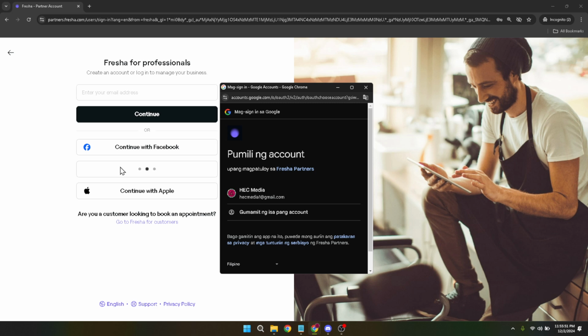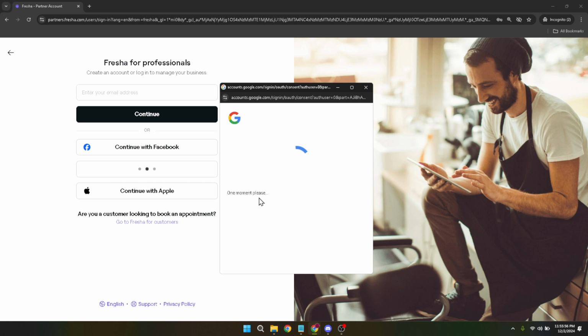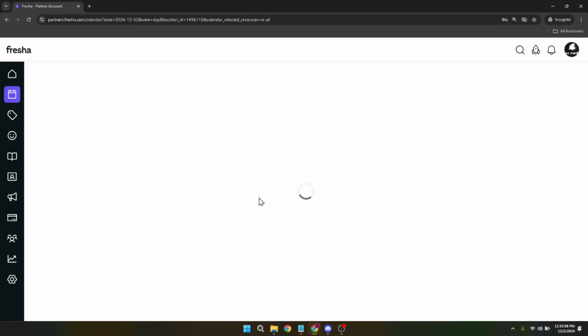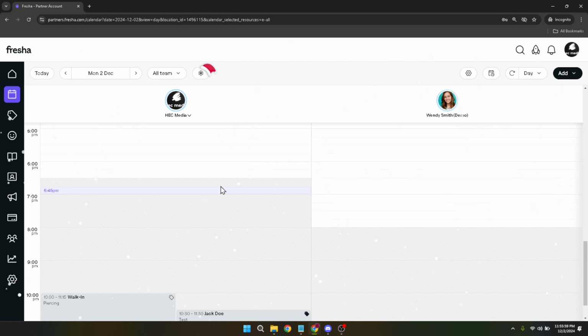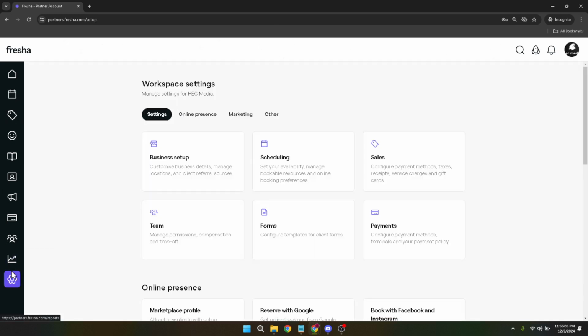Now, from the list of Google accounts presented, choose the one associated with your Fresha business account. It's crucial to select the correct account to avoid any confusion or missteps in the process. Upon successfully logging in, your next destination is the settings section of your business profile. You can navigate there by following the provided link or simply looking for the settings option within the Fresha interface. This part of the site is where you can adjust various aspects of your business profile, including, of course, your